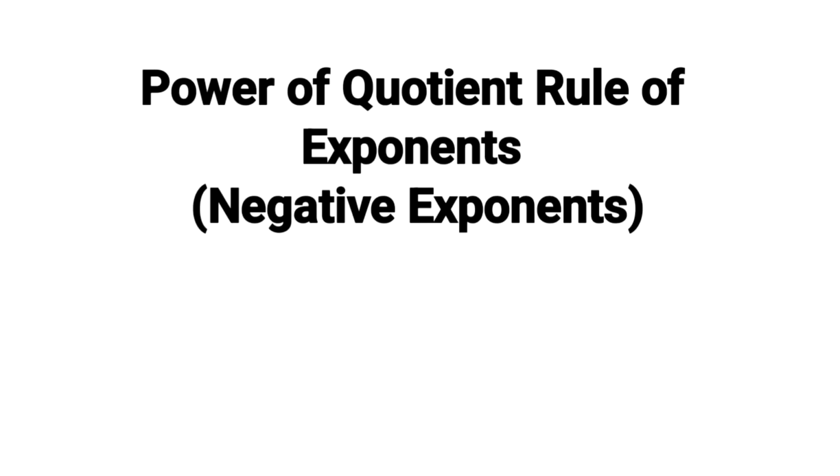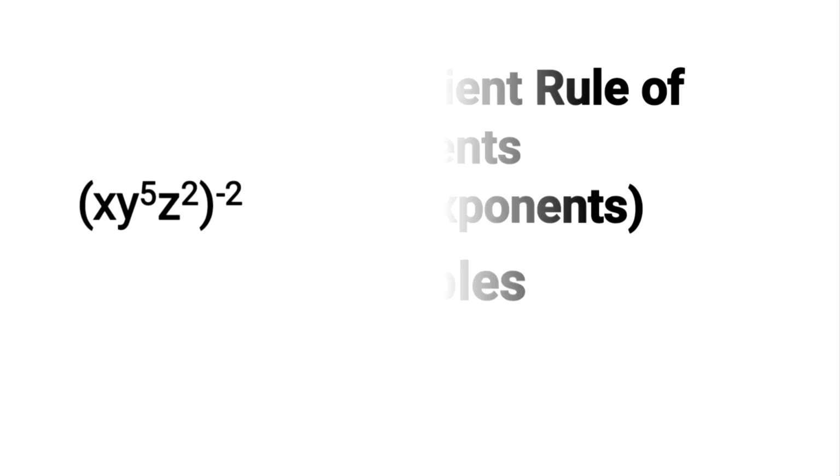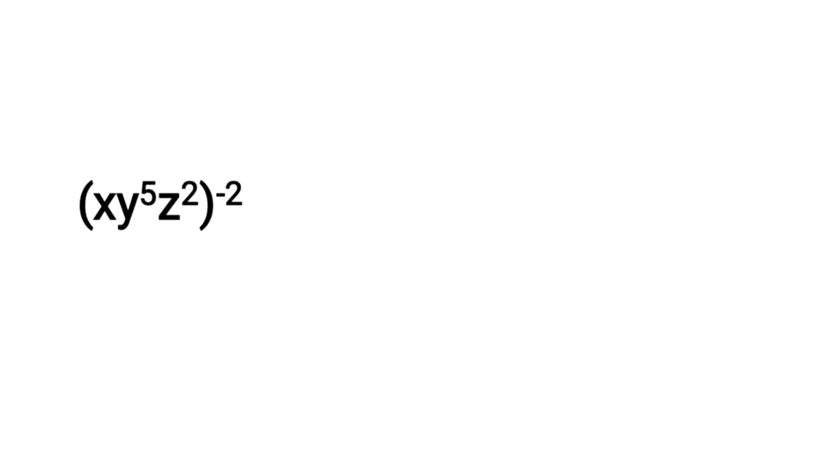Let's have the power of quotient rule of exponents, this time negative exponents, and we are going to have examples. So the first example is quantity x times y to the power 5 times g to the power 2, or squared, and these three variables are raised to the power negative 2. So since this follows the